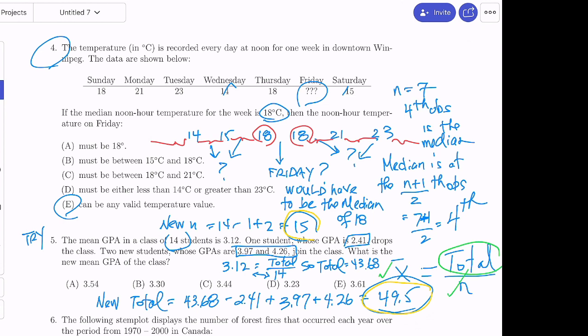So you see these problems are complex. They seem complex, like why am I repeating the same things? I'm doing the same things, but multiple times. So twice I had to use the formula for the mean, and I used it backwards. So your final answer is 3.3, is it? So the answer is B.